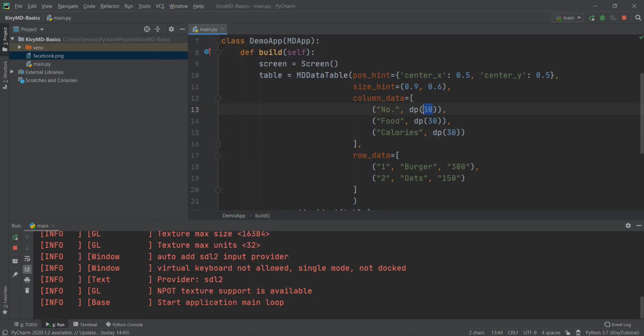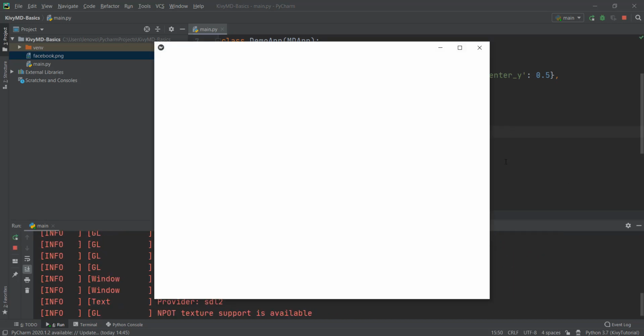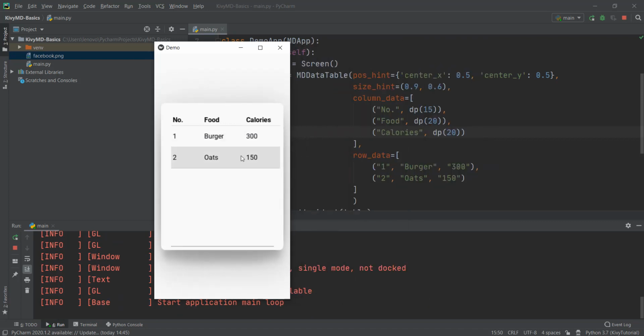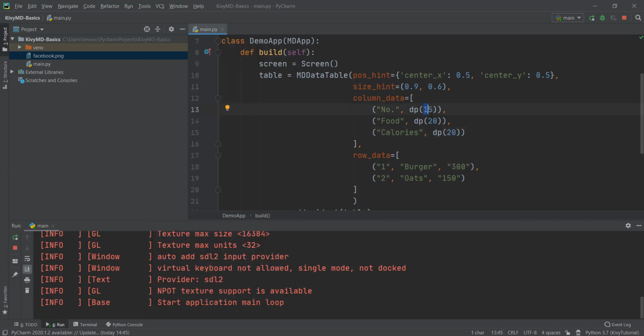So what you can also do to fit all of them on the same screen is minimize this display size. So for right now, I'm going to put this as value of 15 and the food also as 20 and even the calories as 20. And now let's reload it and you'll be able to see that they require less screen space. So now you can just decrease this. As you can see all of them on the same screen. So this is much more handy if you are creating a mobile application. Make sure you play around with these DP values.